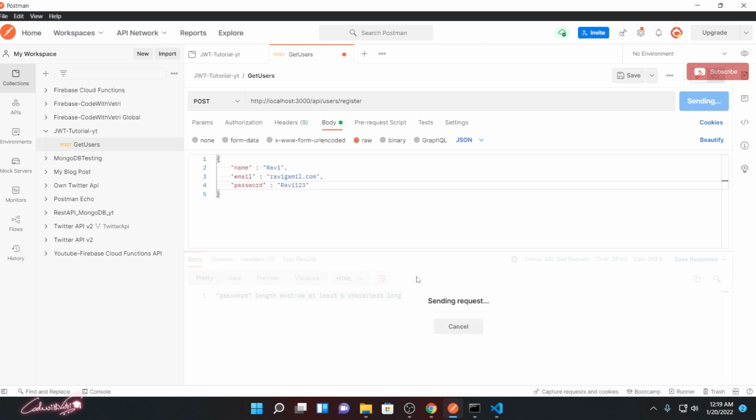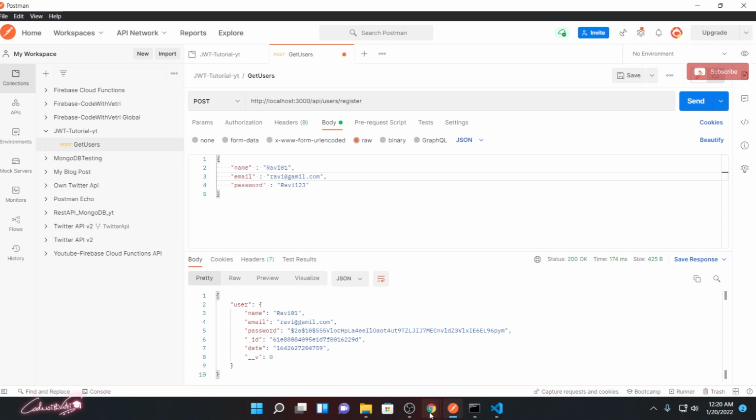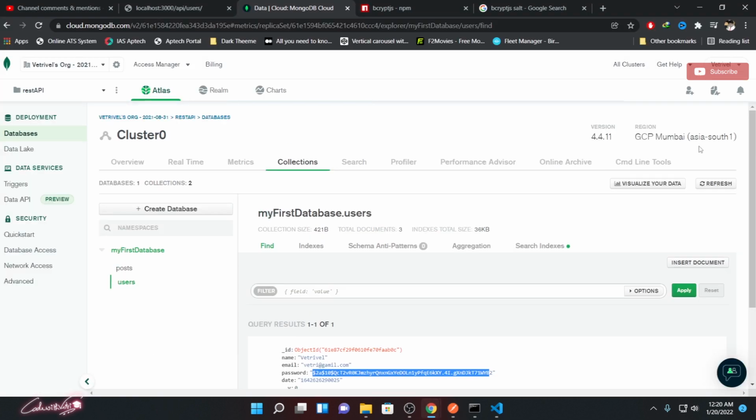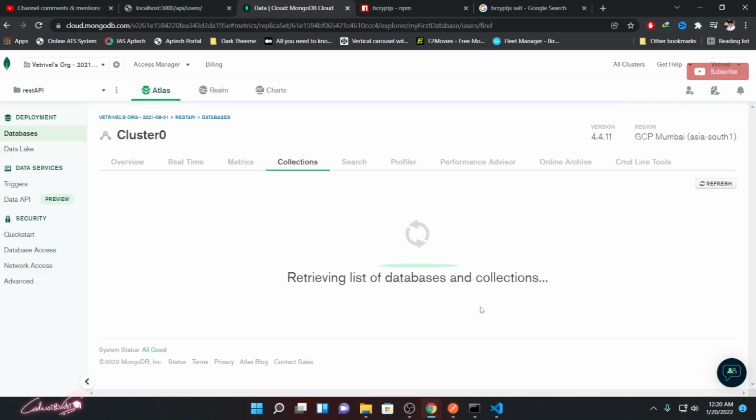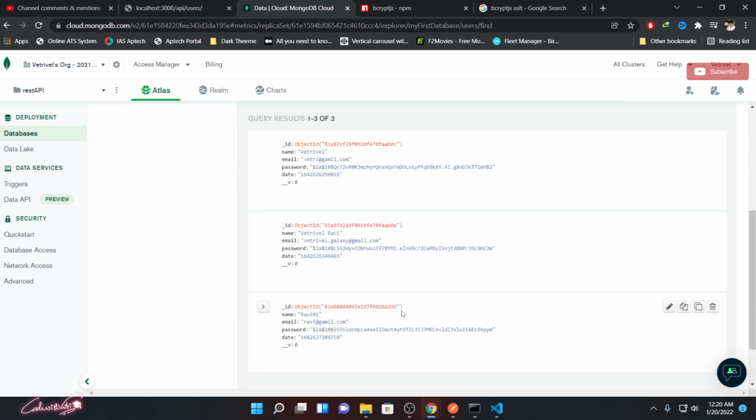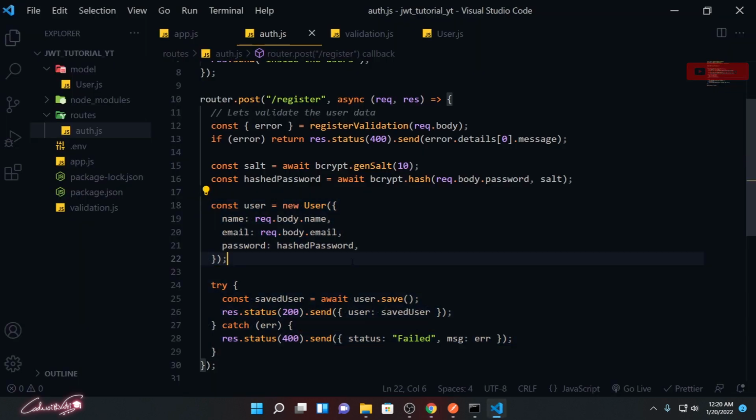If I hit send now, it throws the error for email. Now it's showing error for name itself. So Ravi01, save the changes. Look at that, now it's showing email is not valid. Okay, absolutely, at Gmail. Now everything is perfect. It's supposed to save these details. If I click send, look at that. Now our details are saved in MongoDB. Yeah, here we go. So now our details are saved and we successfully validated our details.